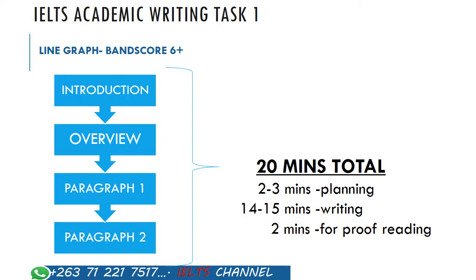Before we tackle the question in detail, let us consider what the examiner expects of the student in order for the student to attain a high band score. The IELTS Academic Writing Task 1 rubric states that for a student to get a band score of 6 and above, the essay must have an introduction, an overview, paragraph 1, paragraph 2, and possibly paragraph 3,